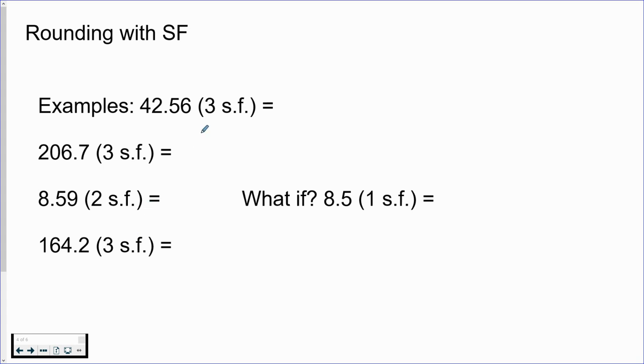So with rounding, you want to identify the SigFig that you're rounding at. For example, this is 42.56. We want to have it as 3 SigFigs. So we count to the third SigFig, which is the 5. And we're only looking behind the 5. So behind the 5 is a 6, making this